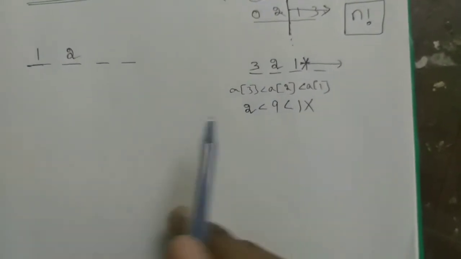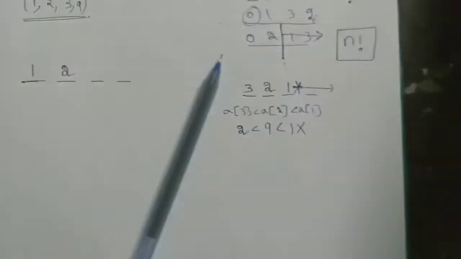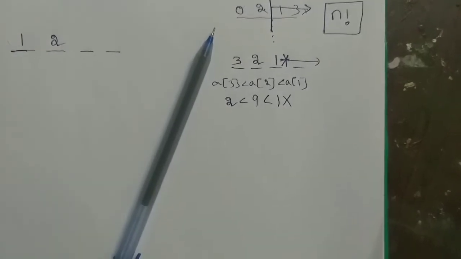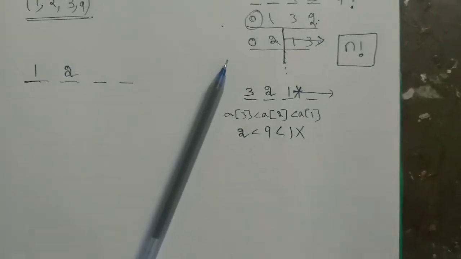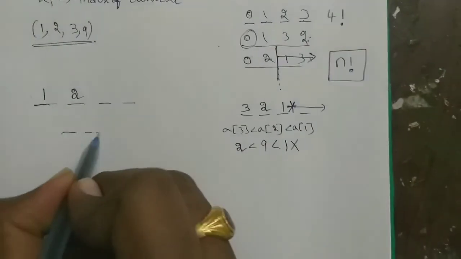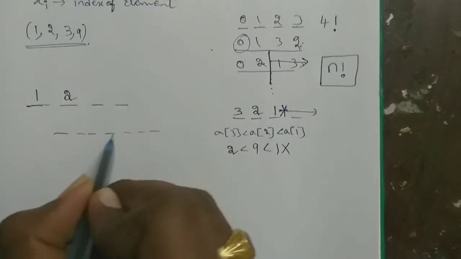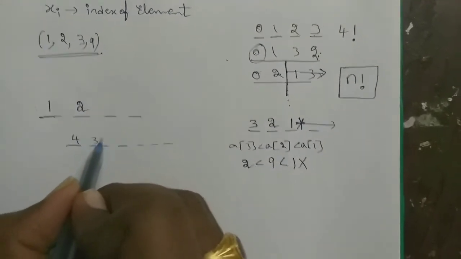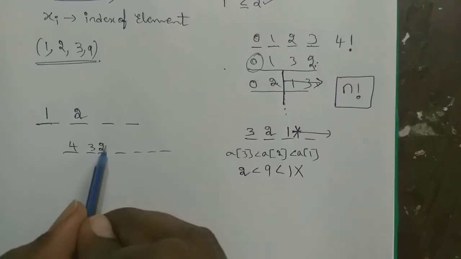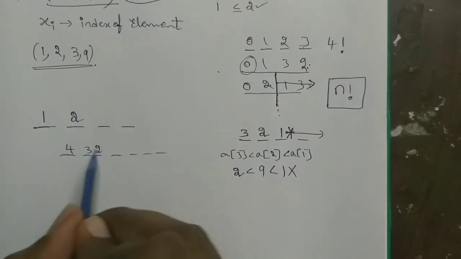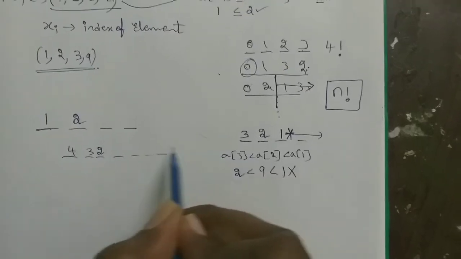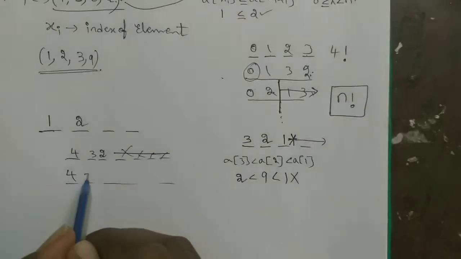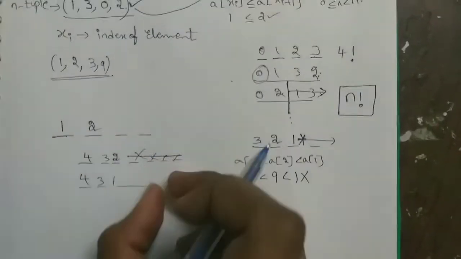The idea is, if we know the partial vector generated can in no way lead to an optimal solution, the remaining vectors can be ignored entirely. It means if we are supposed to generate some 7-tuple solution, and we have generated the vector partially, for example 4 3 and 2. At this position, if we find the partial vector generated can in no way lead to the solution vector, we won't generate the remaining vectors, and we'll try generating some other vectors. That is the reason we save a lot of time, right?